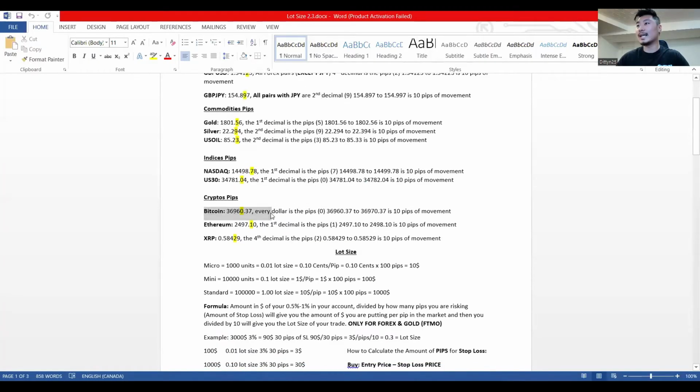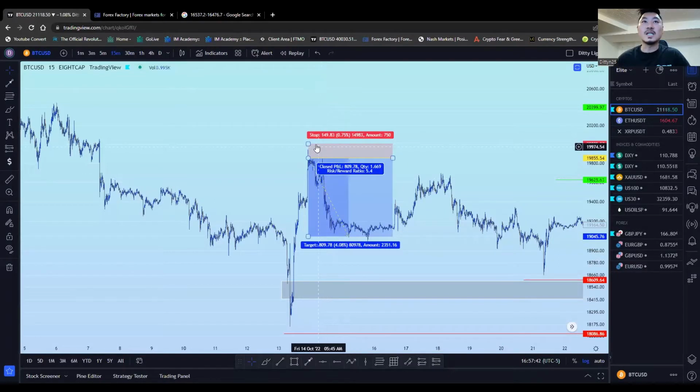So Bitcoin is what? Every dollar is the pip count. So as you can see here, 36,960.37 to 36,970.37 is 10 pips of movement. So every dollar is the pip count, right? Simple as that. So what do you see here as a stop? Just next to the stop, right? Here,